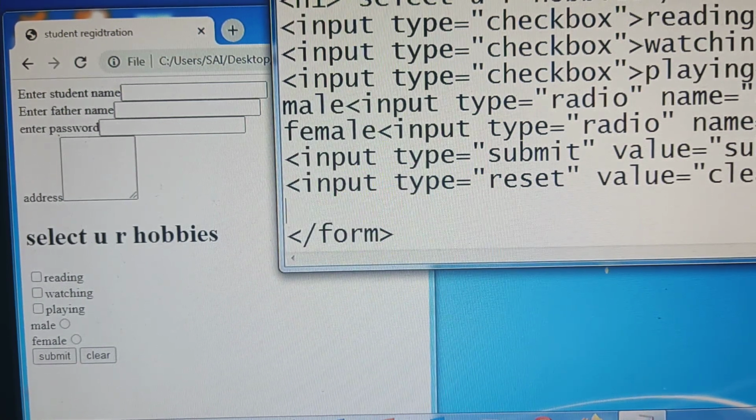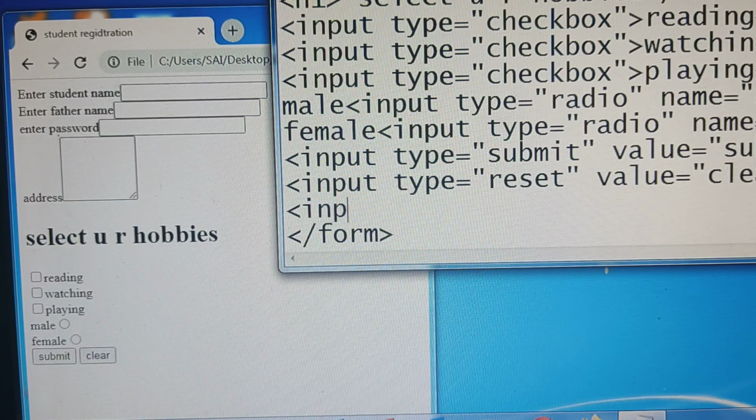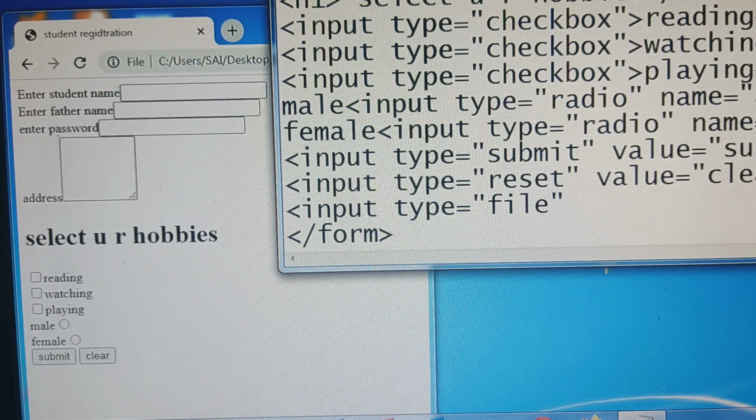Now the next one is input type equals to file, if you want to upload a file. If you are uploading a file, what type of input are you supplying there? File. So here input type should be file, and next I am giving the ID for the file, for example my. You can give anything, and on that label I am giving value equals to upload, which means this is displayed on it.